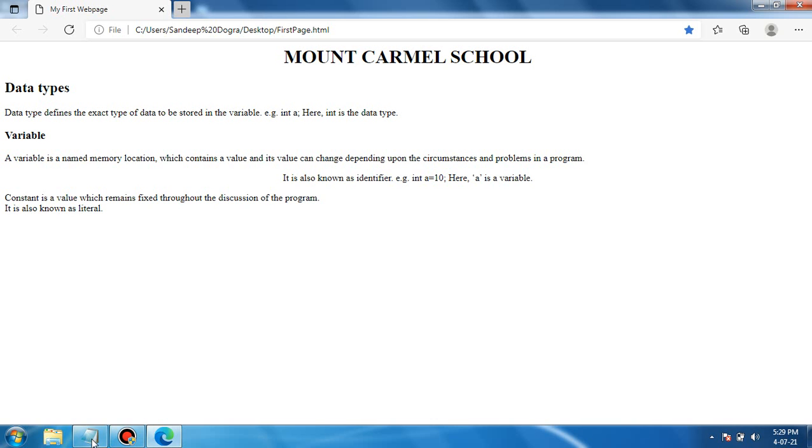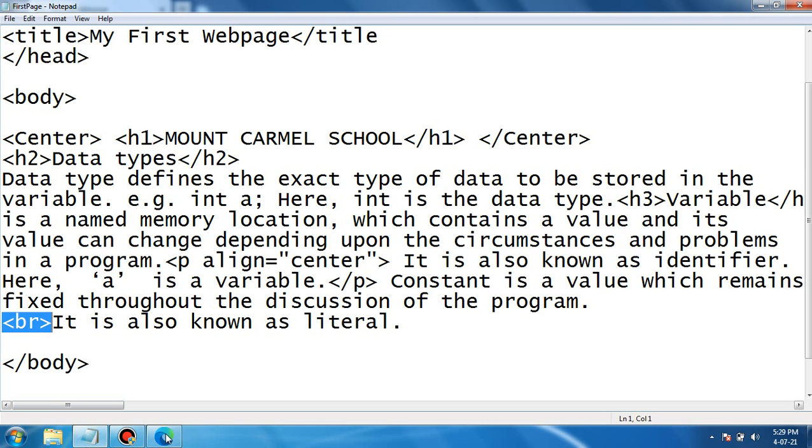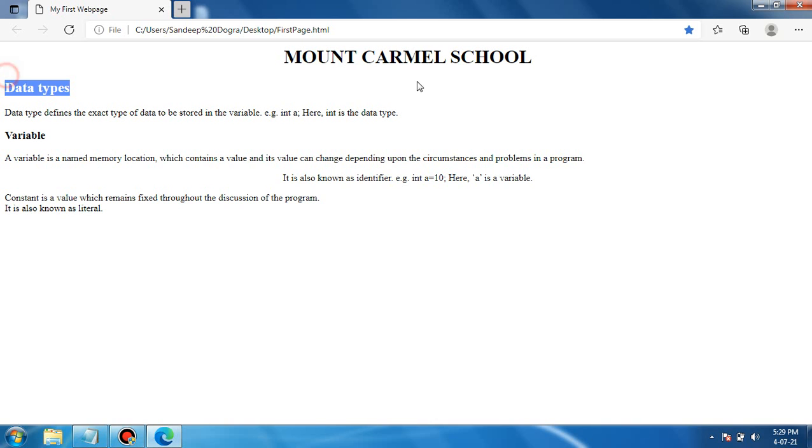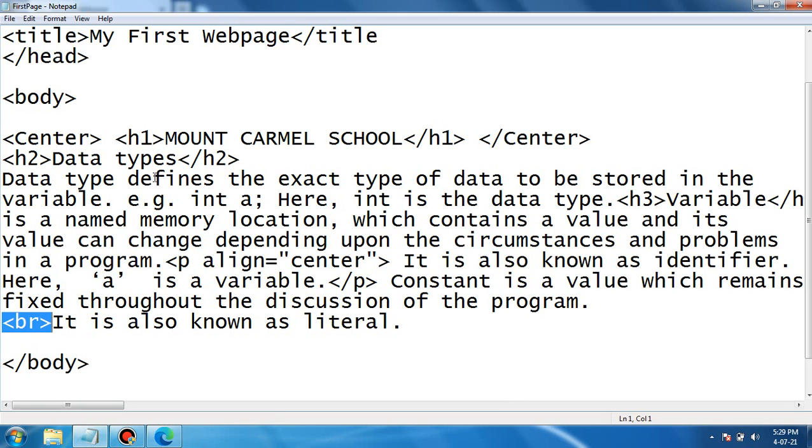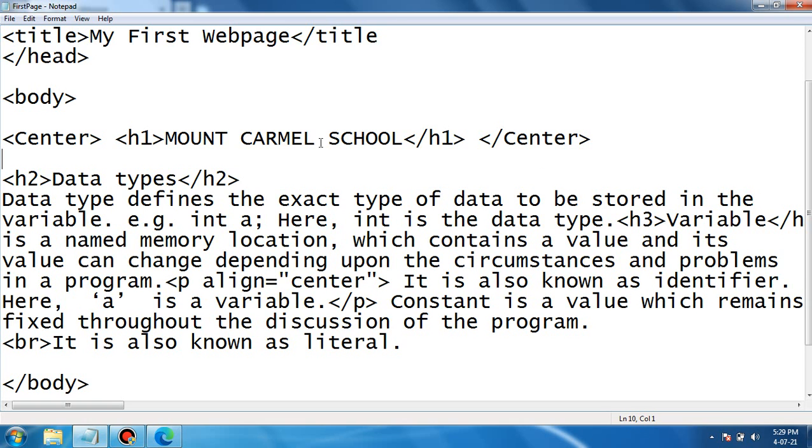Next is HR tag. HR tag is another empty tag. If we want to add a line, okay, below this heading Mount Carmel School, we can use an HR tag wherever we want to draw a line, or separate the page, you can say. So I want to draw a line after the heading. This is my heading, Mount Carmel School, on the web page. So after that I can use HR. It is an empty tag, so we will not close it. Empty tags have only a start tag and they don't have an end tag. So this is an empty tag HR, it just has only a start tag.